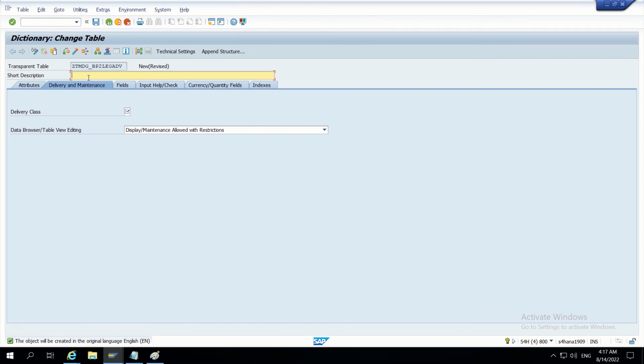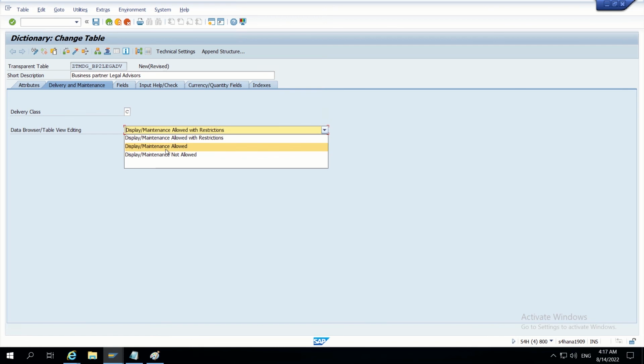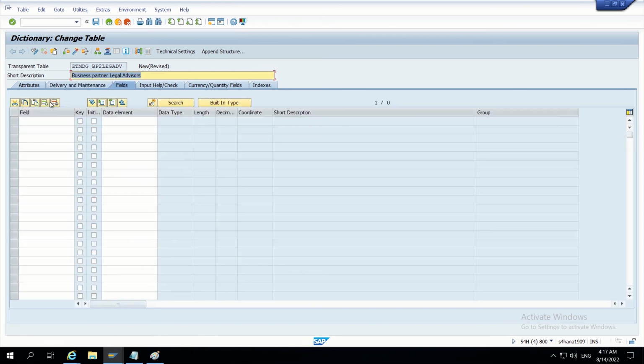Now business partner legal advisors. So delivery class, customizing, it will be maintained by customer. Allowed. Now fields inside this: client, MANDT, key. Now other than this,